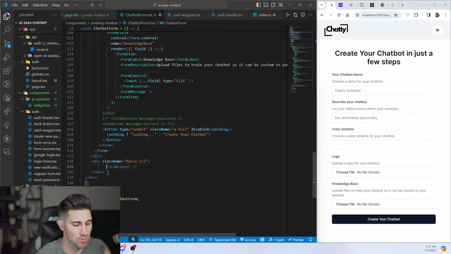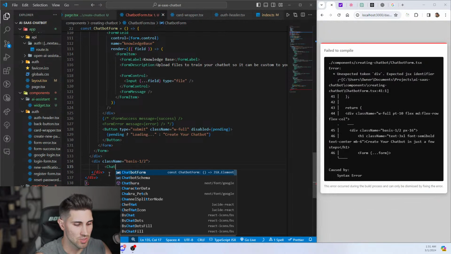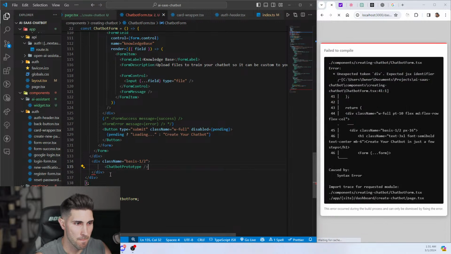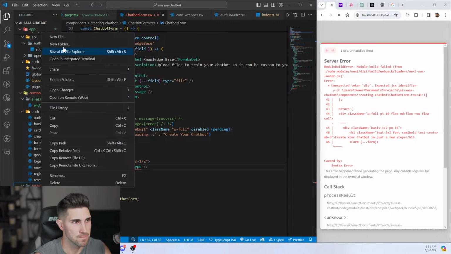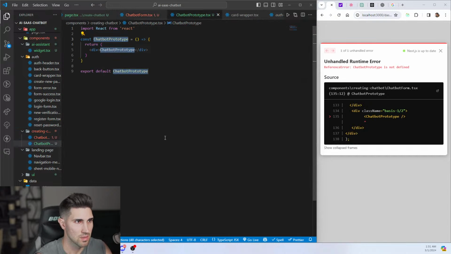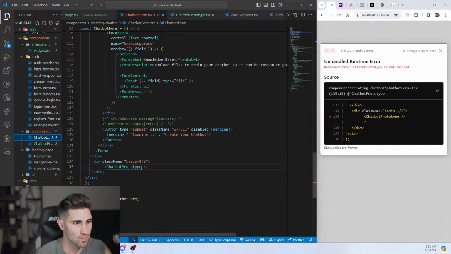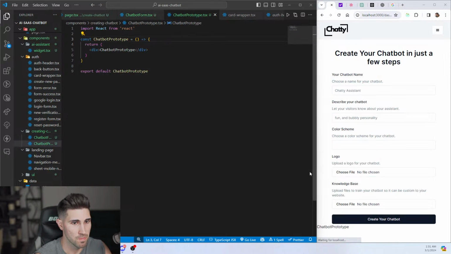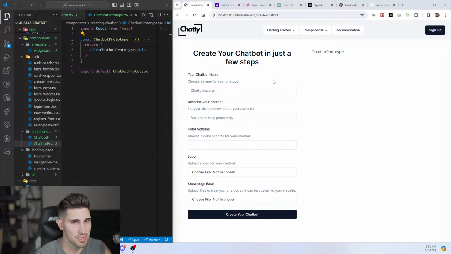And then let's create a component called chatbot prototype, chatbot prototype.tsx. And then what we need to do here, I need to,